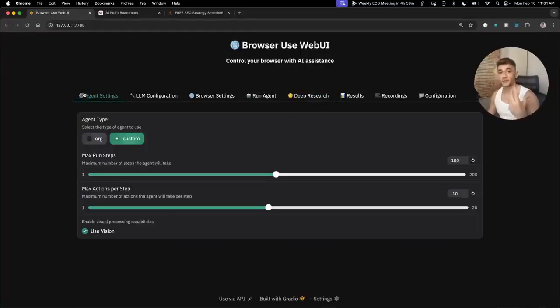And you can see how it's connected to the internet and how these AI agents work, plus how to set them up